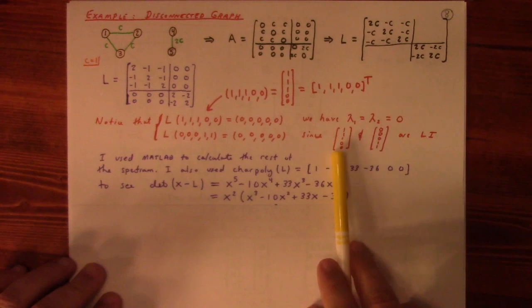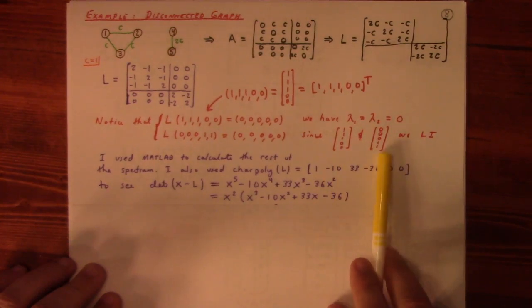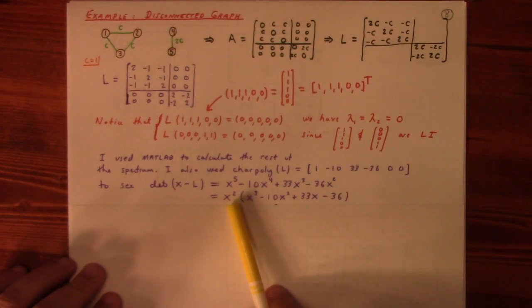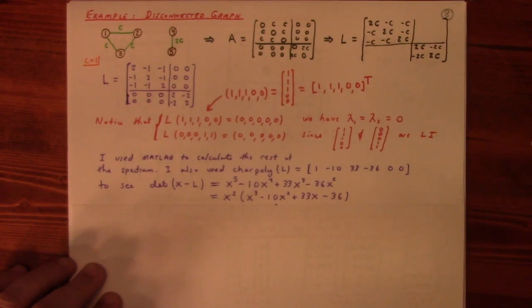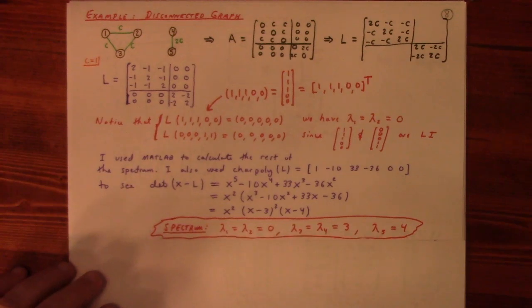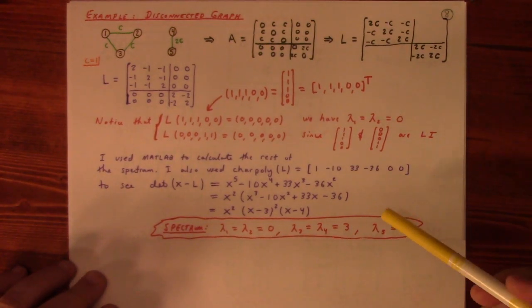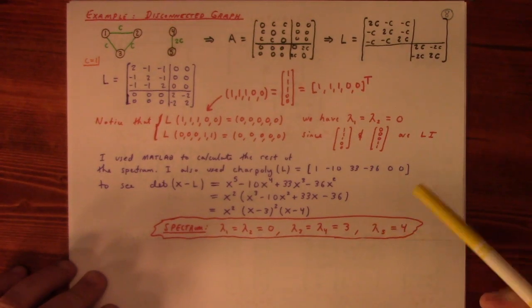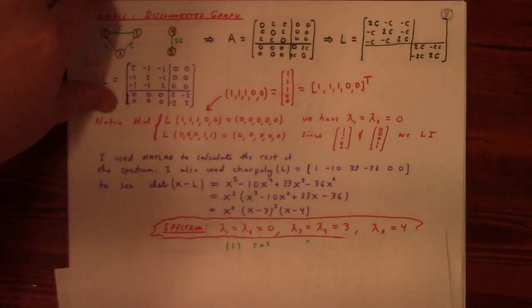The geometric multiplicity given by the existence of these is equal to the algebraic multiplicity, as shown by that x squared there. And then you've got this thing, which obviously you can factor as x minus 3 squared times x minus 4, right? No, that's not obvious, but I also calculated the spectrum, so I knew that there was a 3 repeated and a 4. So there it is. And in fact, using eig,